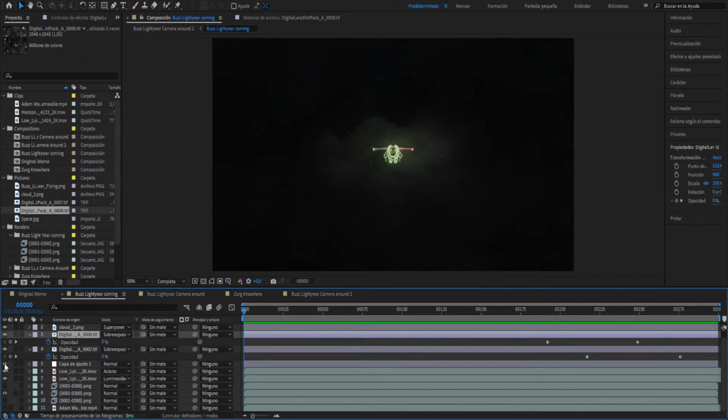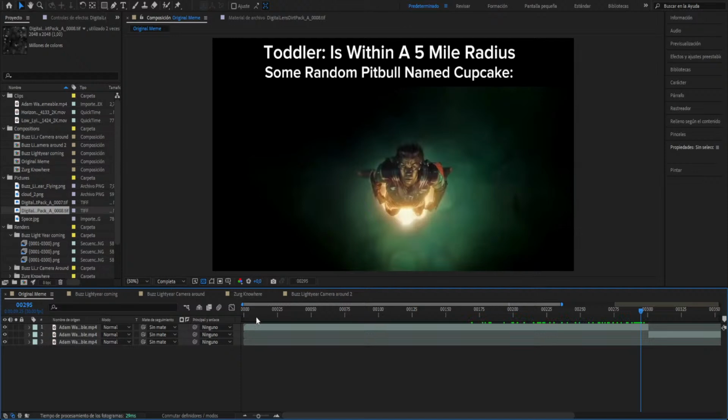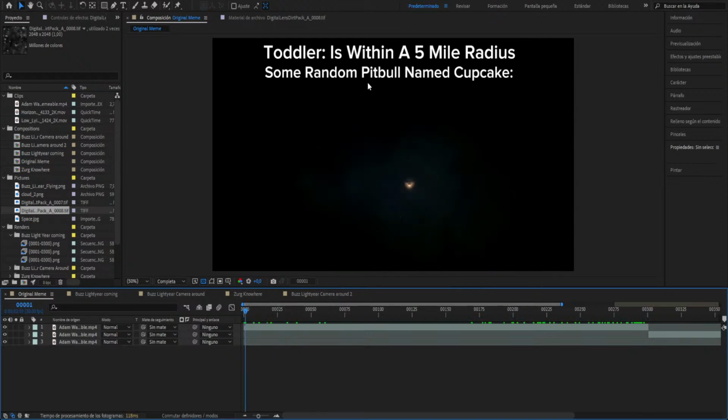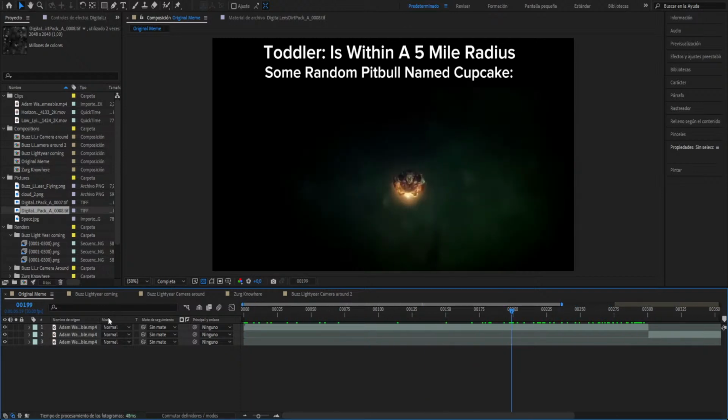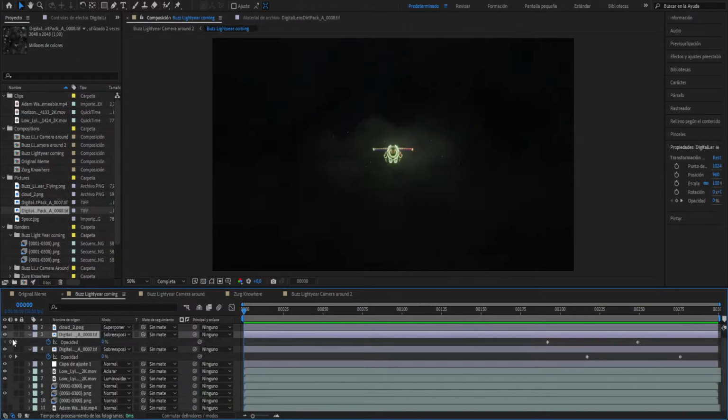I have to create a vignette, I think it's called. Vignette around the Buzz Lightyear, because in the original clip it is darker around the Adam. Only Adam is bright. So I did the same, because in the original clip,